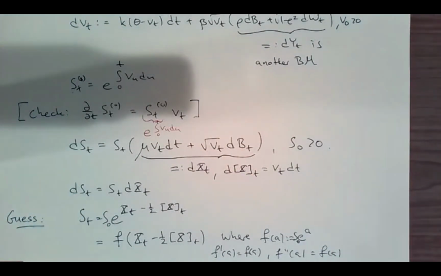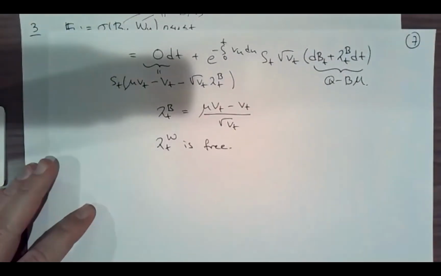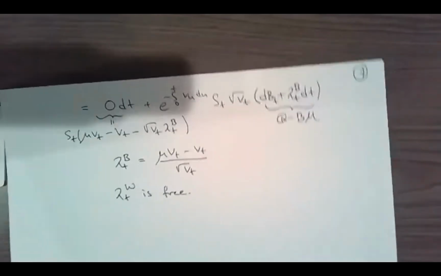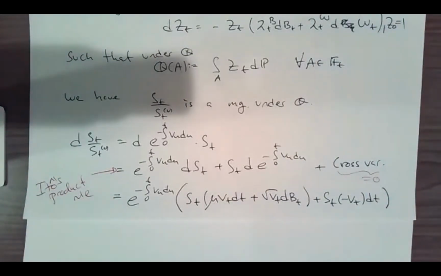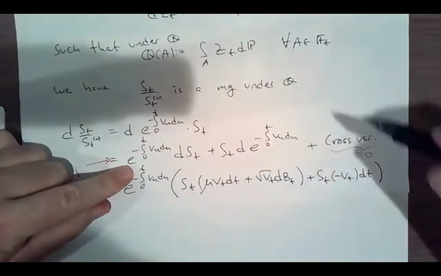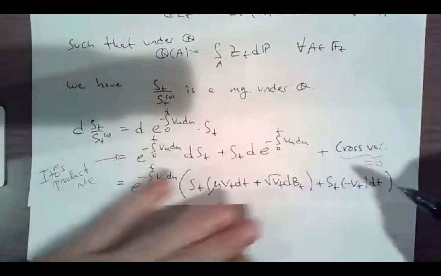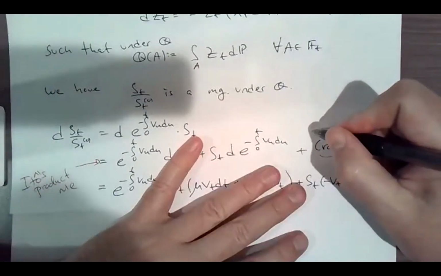I see. Can we go to the bottom of the last page where it was calculations? Yeah. So the cross variation was 0 because, if I look at what's downstairs, this is the cross variation that you need here. This is